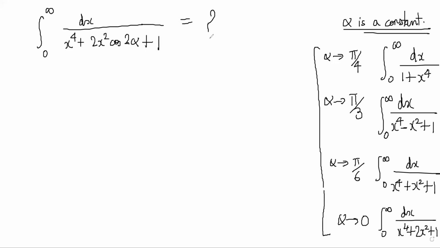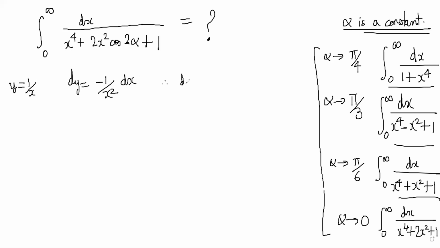So I want to solve this because I want to find the answers to these four integrals easily, right? So let's think about how we will go about solving this one. The first thing that I will do here is a substitution y is equal to 1 by x. You will see why we do that. So if you do y is equal to 1 by x, dy is equal to minus 1 by x square dx. So the integral will become,